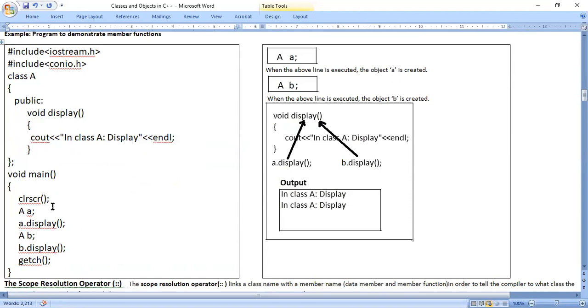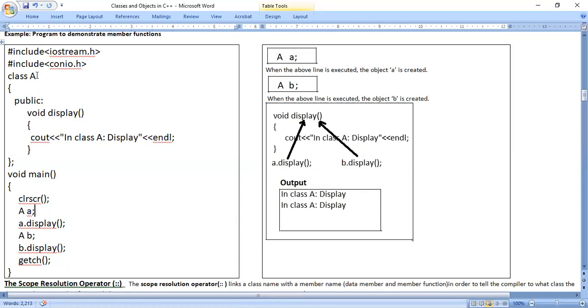Look here. In the main function, we have declared two objects separately. A is the class name, small letter a is the object name. In the case of identifiers, if you change from uppercase to lowercase, identifiers are treated differently.